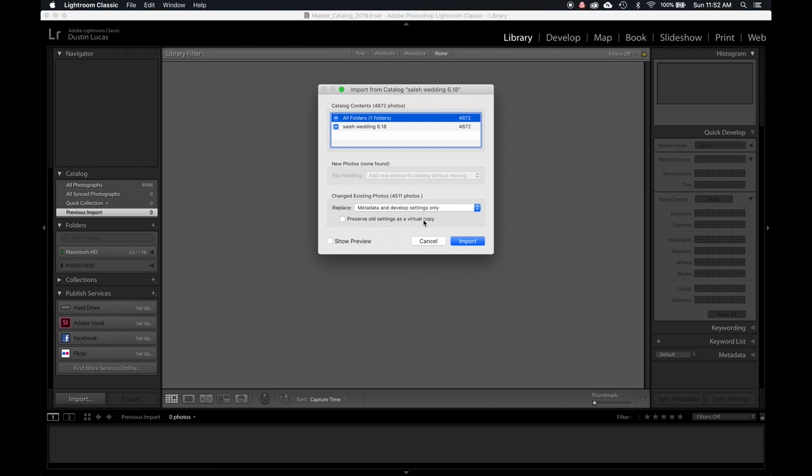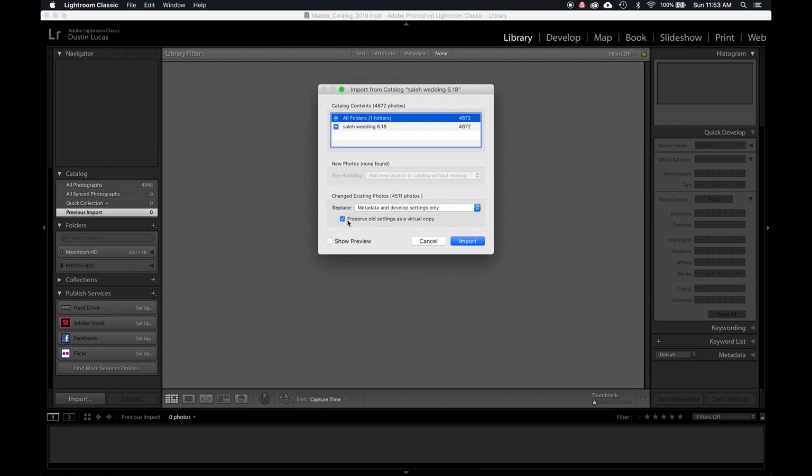Now, of course, if you want to see maybe what a different editor did besides what you were doing, or you want to create copies, actually, this is a perfect option to keep in mind. So say you exported a catalog, had somebody else maybe cull, edit, sort, crop, whatever they're doing for you. You're sending your work for them to do, and then they're going to send it back. Maybe you were making some adjustments in your catalog, tagging images, editing them, cropping them, maybe throwing up some sneak peeks. So if you don't want to lose your settings, you can make sure that your settings stay